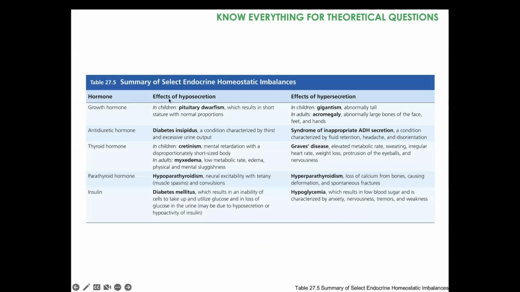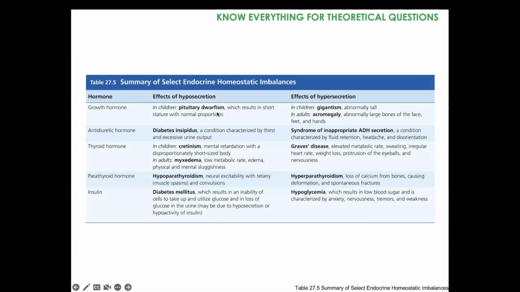in a short stature, but all the other proportions will be normal. If the growth hormone is being hypersecreted in children, you will have gigantism, they will be abnormally tall. Or if growth hormone becomes hypersecreted in adults, you will develop acromegaly, which is abnormally large bones of the